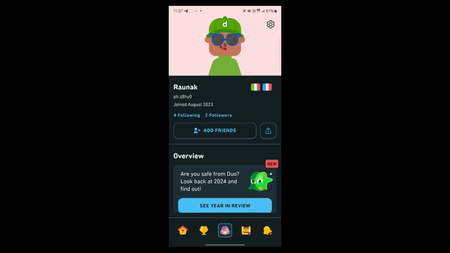Now, the first reason why you might not be able to add friends on Duolingo is classrooms. If you're a part of a Duolingo classroom, then you might find that you're not able to add friends. This is usually to do with restrictions that the head of the classroom places on the group. Unless they decide to change these restrictions, you may need to leave the classroom